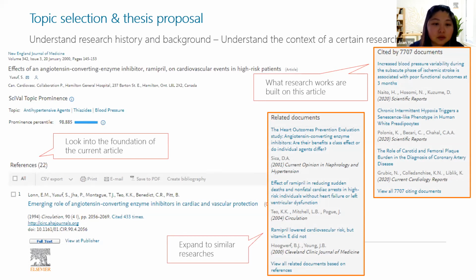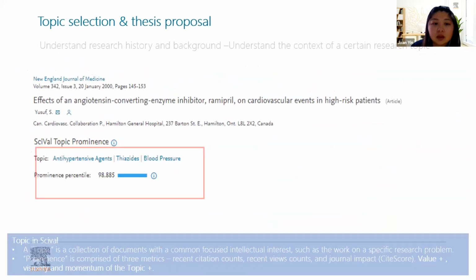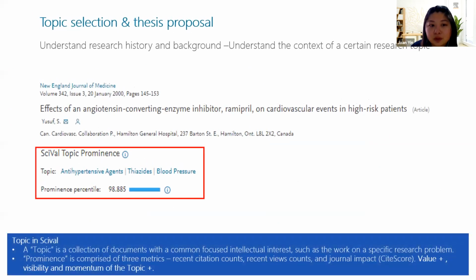Like you can look into the foundation of the current article by checking the references, and you can find out what the research work is built on from the cited by documents, and you can also expand to similar research by reading the related documents. And the highlight for Scopus is that all the documents are linked with several